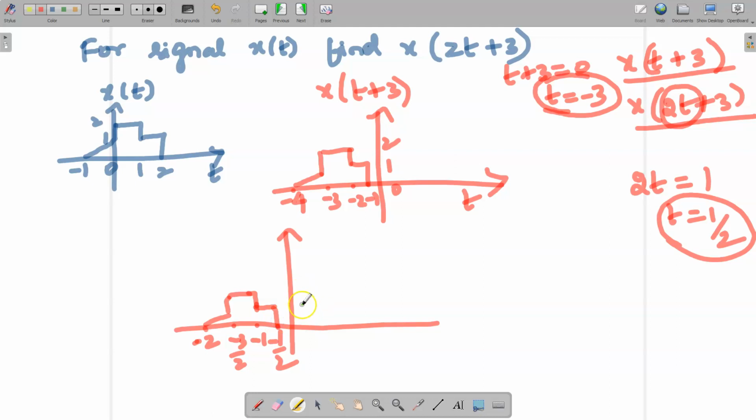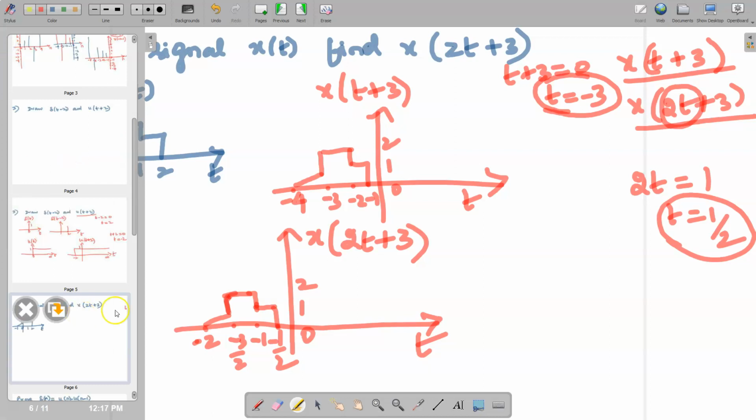Okay, here the amplitude remains same. So, it is x of 2t plus 3. Okay. So, the next 2 mark,